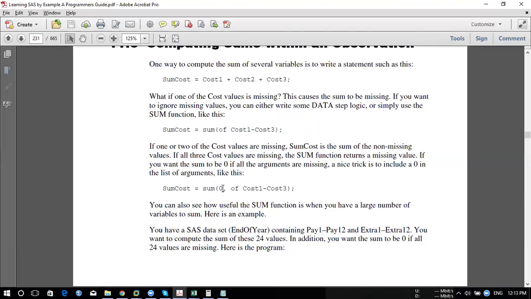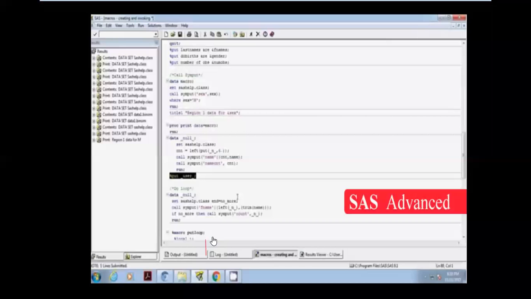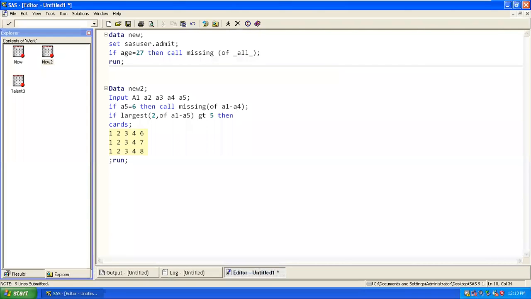Got it? So here, if you look at this, let's say we have a missing for this, and we're trying to use the sum function, let's say total equal to sum of a1 to a5. It works fine.